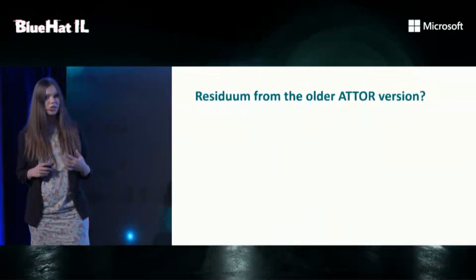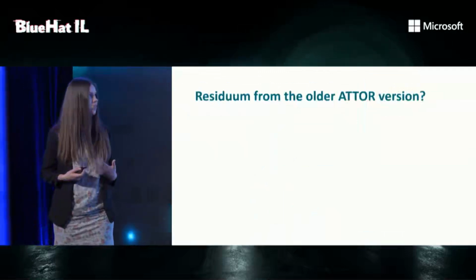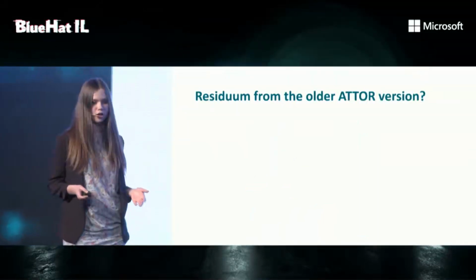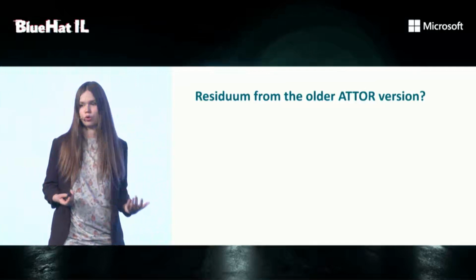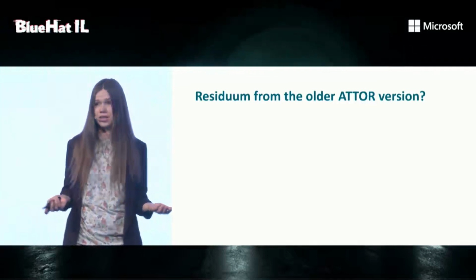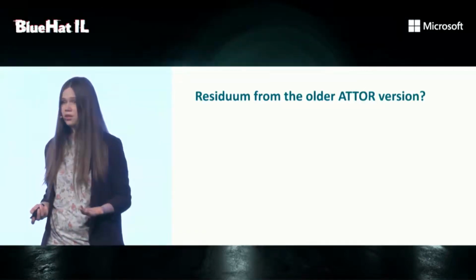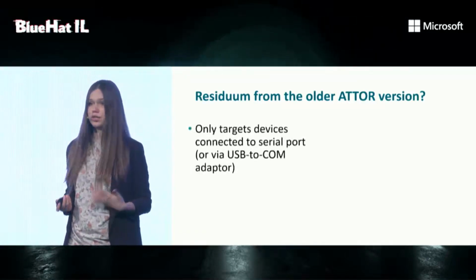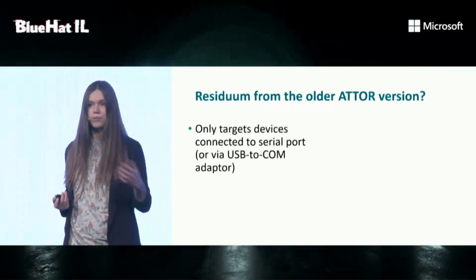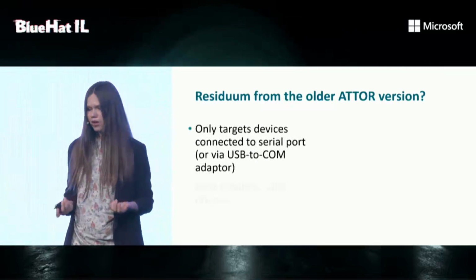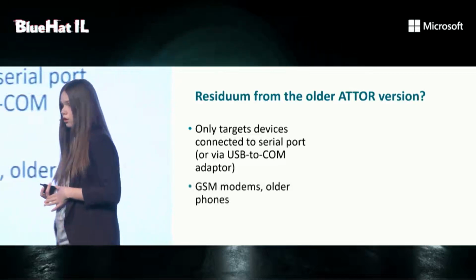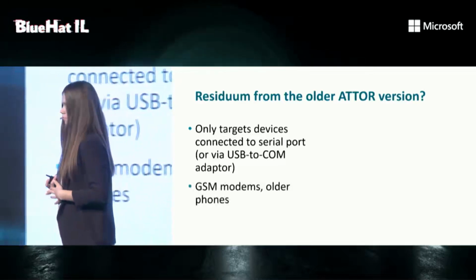So then we considered a totally different hypothesis. Maybe this is indeed just that ATTOR is trying to look for some old modems or old phones. The platform has been around since 2013, so it could be some residuum. If we remember that it only targets devices that are either connected to the serial port or by a USB to COM adapter, and also if we remember that GSM modems and some older phones do support AT commands. But